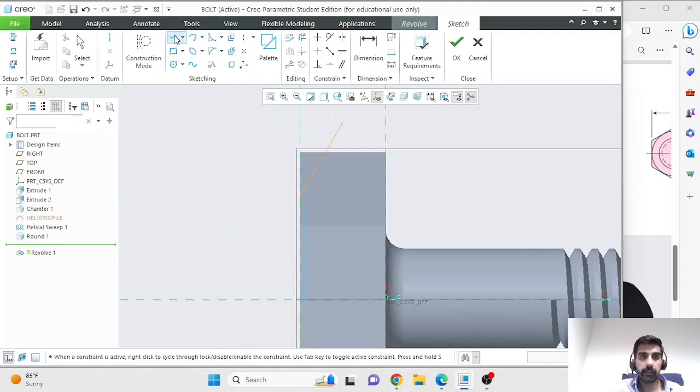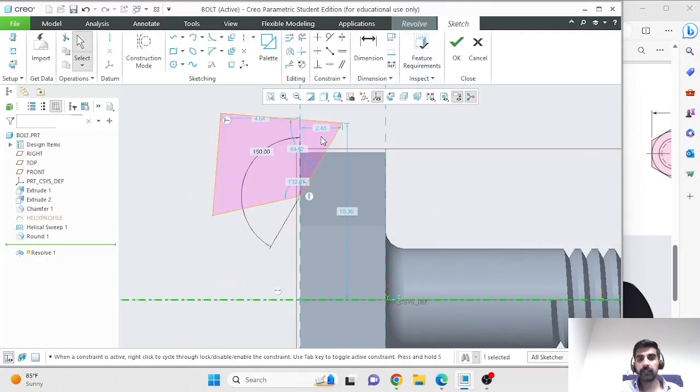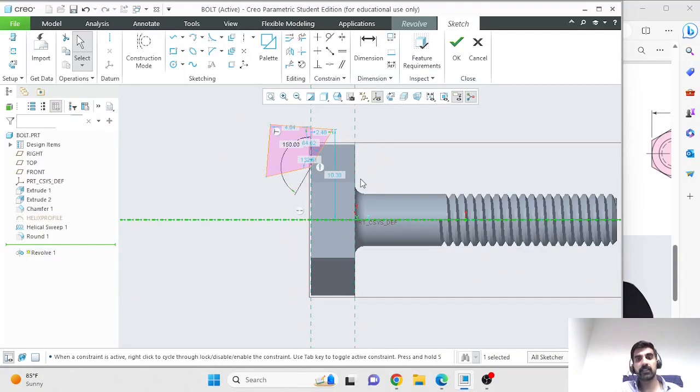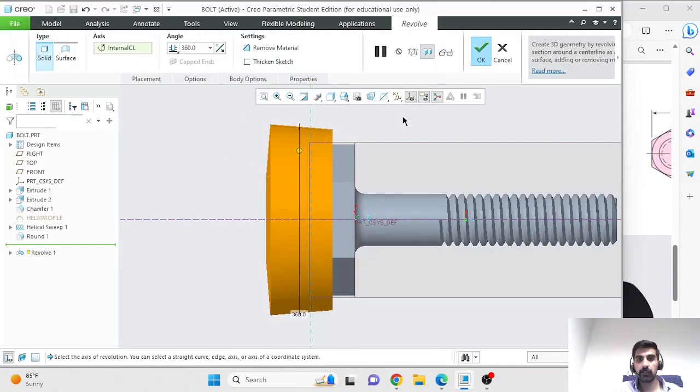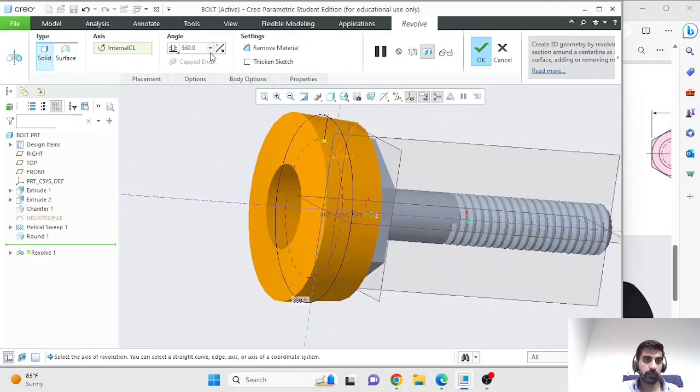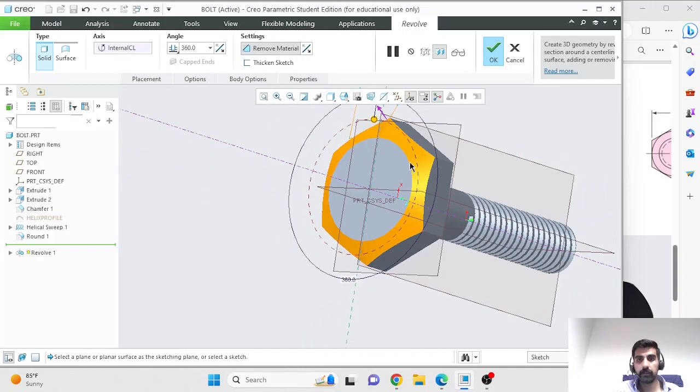And then I'll just make a closed figure, because that is something that you need for revolve and all of these sweeping operations. I'll make a center line over here. And then this cross section which I made would be revolved about this center line, and that's what happens. But I want it to be removing material, so I'll enable remove material. It removes material